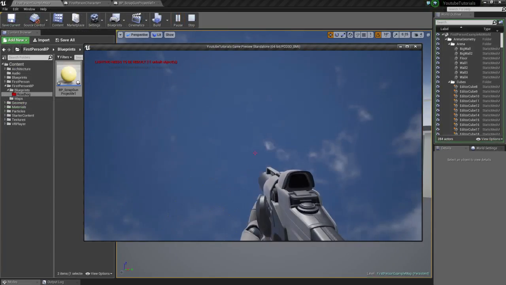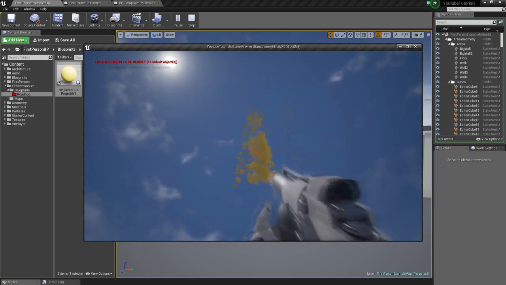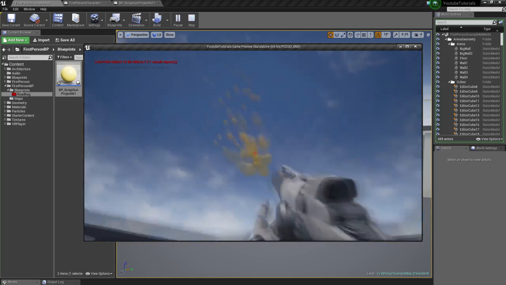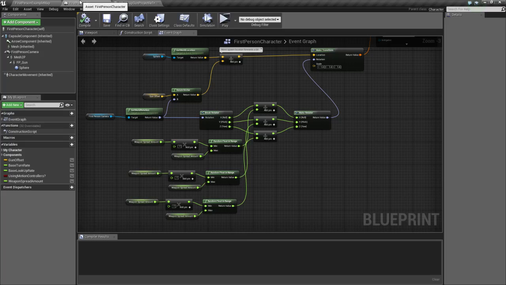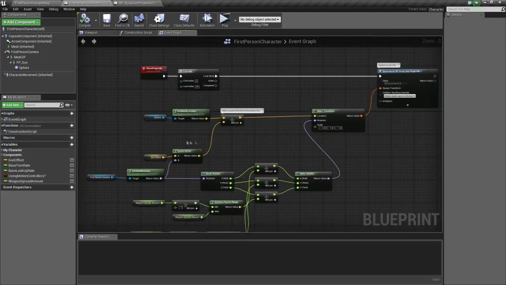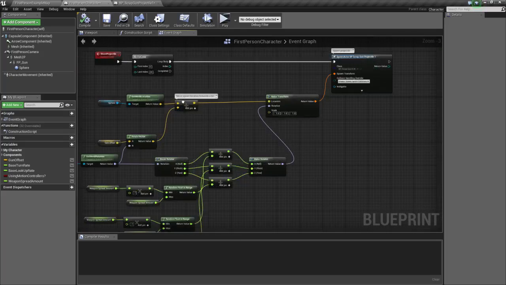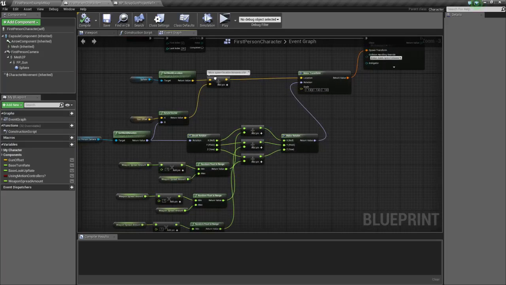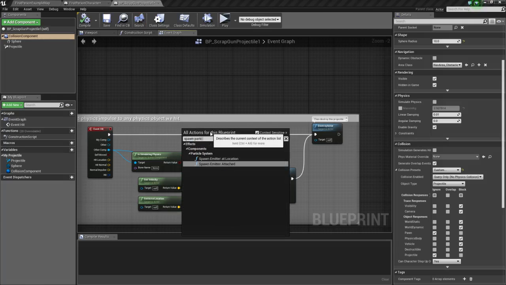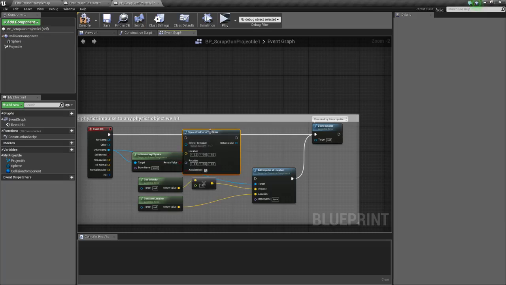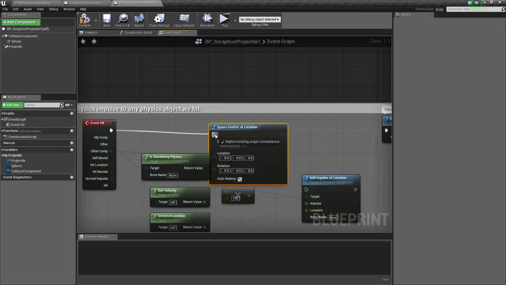Let me quick fire. And that works nicely. Kind of slow, but we're gonna go over the speed part a little bit later on. Okay, so we got the spread. I want to quickly spawn particle. This is on the projectile. Just want to make it look a little bit better